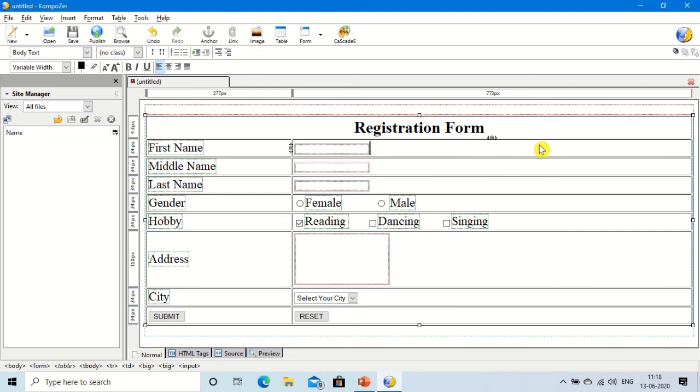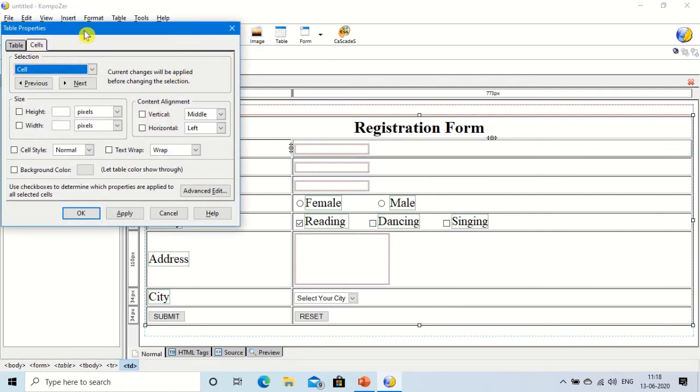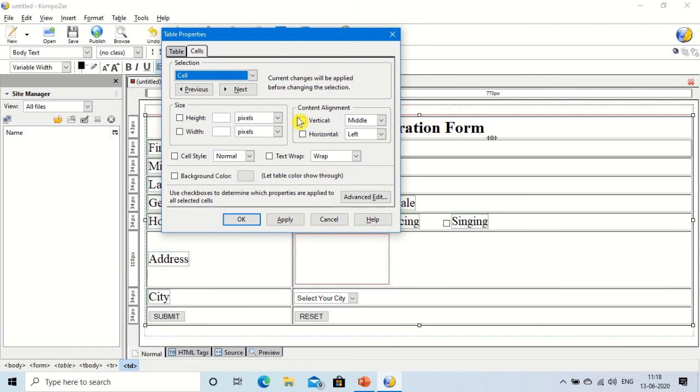Just double click on the table and this table dialog will appear, and in the table tab the height will be 50%, let me give 50%, and the width I want to give 70%.